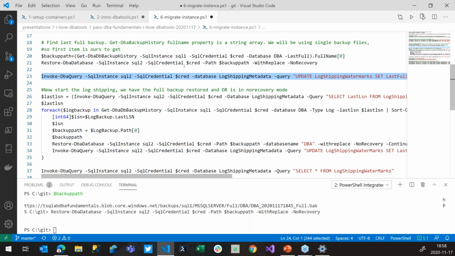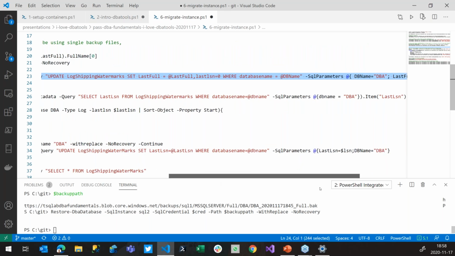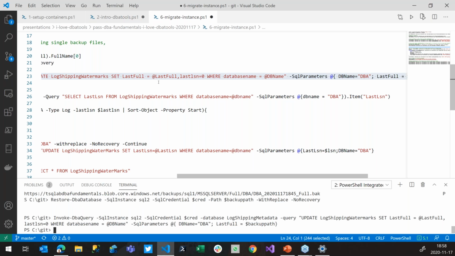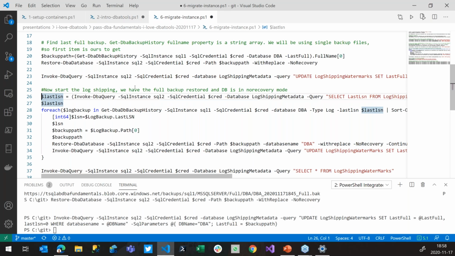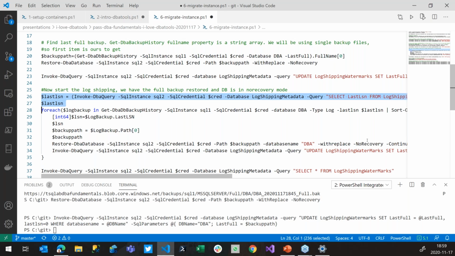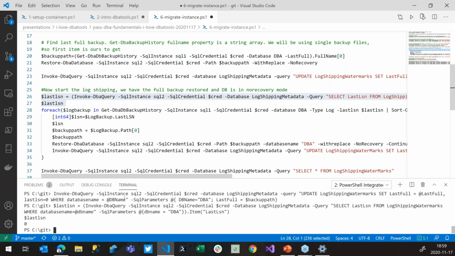And now I can update my log shipping watermarks table with the name of the last full backup. So now I can start my actual log shipping sequence, or my log shipping script. And it will start looking into the log shipping metadata database and the log shipping watermarks table to find the last log sequence number for my database. And we can run it and just output to the terminal. And we will see that the last log sequence number that we restored is 0, which means we haven't restored